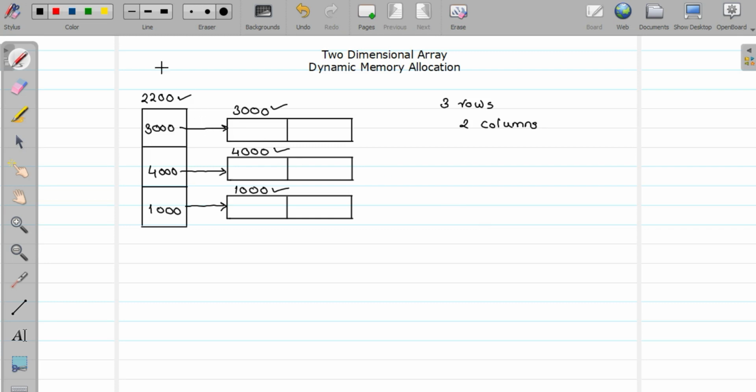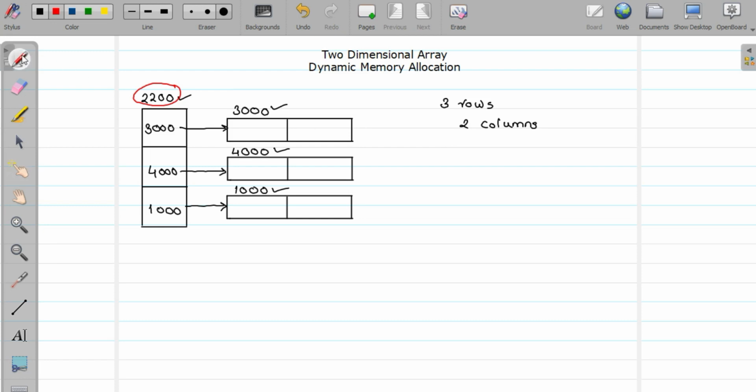So we are going to hold this address, the address allocated for our rows. Now look here, this address is not directly pointing to the value. This address is pointing to another address, and this other address is pointing to the value. Therefore this pointer should be a double pointer. Now assume that we are allocating memory for 3 by 2 elements